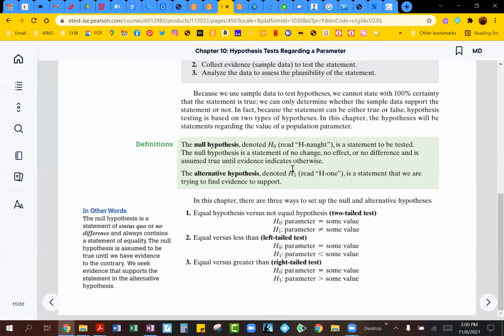If you feel that something is actually less than that value, that's a left-tailed test, right? Because you're saying less than, which means you are on the left-hand side. If it is greater than, then that's a right-tailed